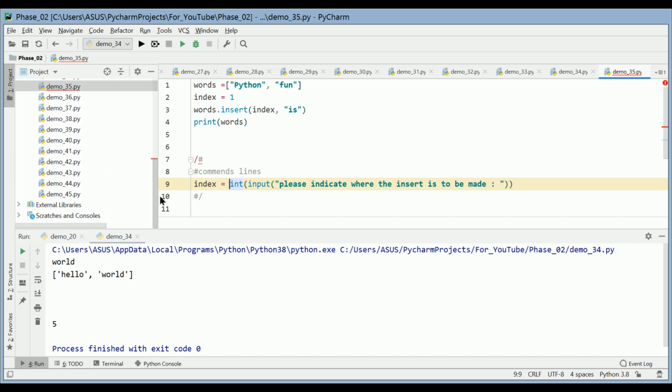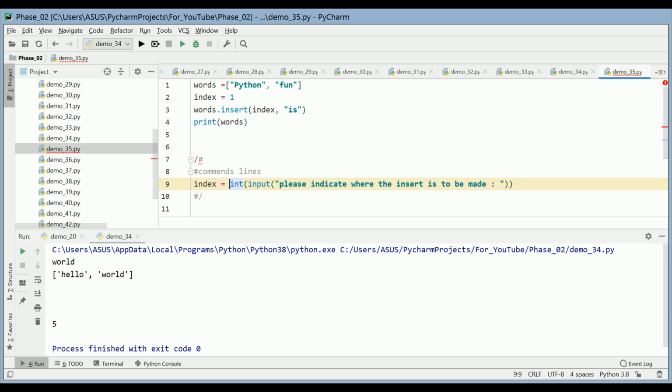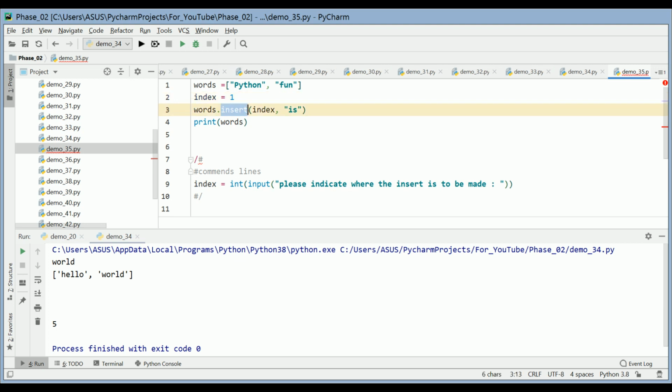Demo 35. Words has two members, Python and fun. And here I declare an index. Index equals 1. This is my variable. I would like to show the effect of the insert method here. Insert starting with index, and this is the string to be inserted, right? This is the structure. So after printing the words list, we will see,